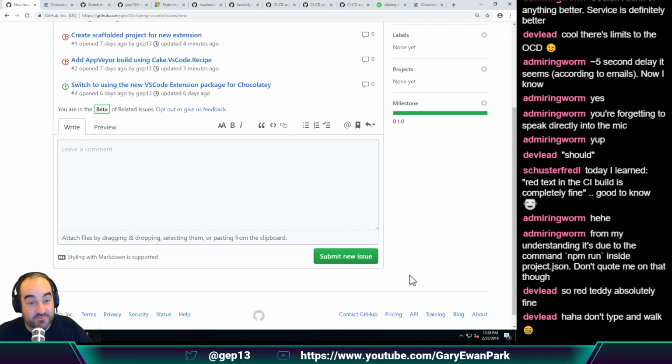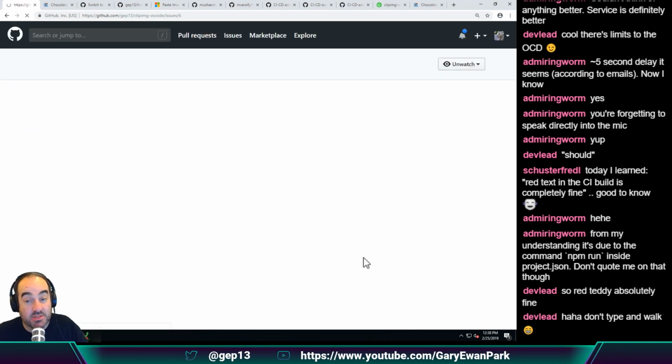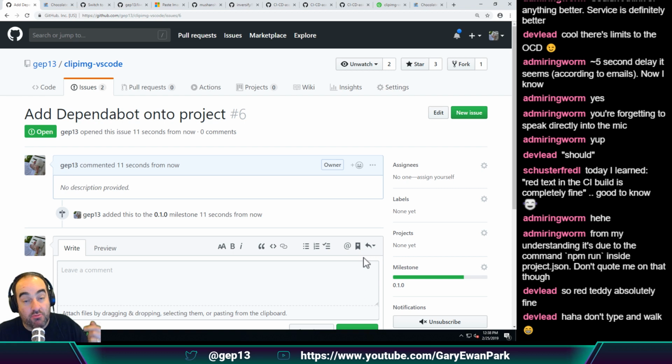it's an amazing service. Dependabot will essentially monitor your repository, and it will tell you if there are any dependencies that you have defined within your package.json file, and it will tell you if any of those extensions have become out of date. And when that happens, it will automatically send a PR into your repository to implement that suggested